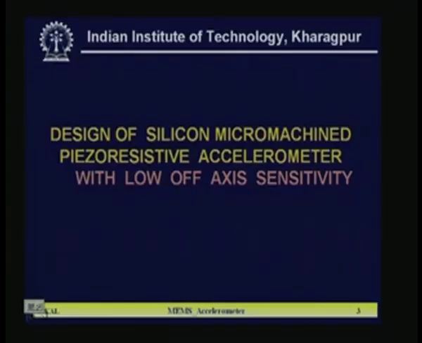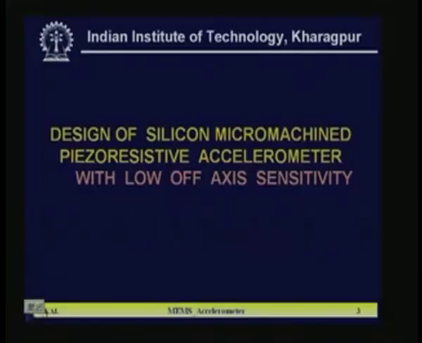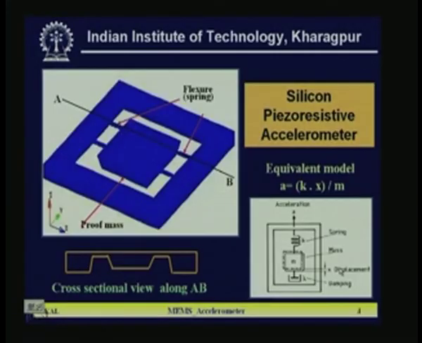if your desired direction is, for example, 1%, then you have to go for 0.001% sensitivity in the other two axes. So normally third order is desired. If you get more than that, it is also highly accepted, but it should not be even one order difference. Otherwise, along with the desired axis, the other two axis sensitivities also will come into the picture. So those are the points we have kept in mind when we design these